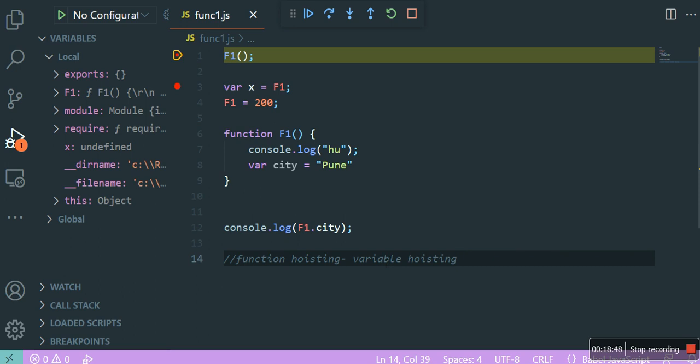Before it is declared. Okay, correct. Do you know that variable hoisting has to do with the var keyword? Do you know this thing? Var keyword. Let's not talk of let. Let is in ES6. Let's focus on plain JavaScript. So in plain JavaScript we have var. So now tell me about var. What is var? What happens when you use var and declare any variable?